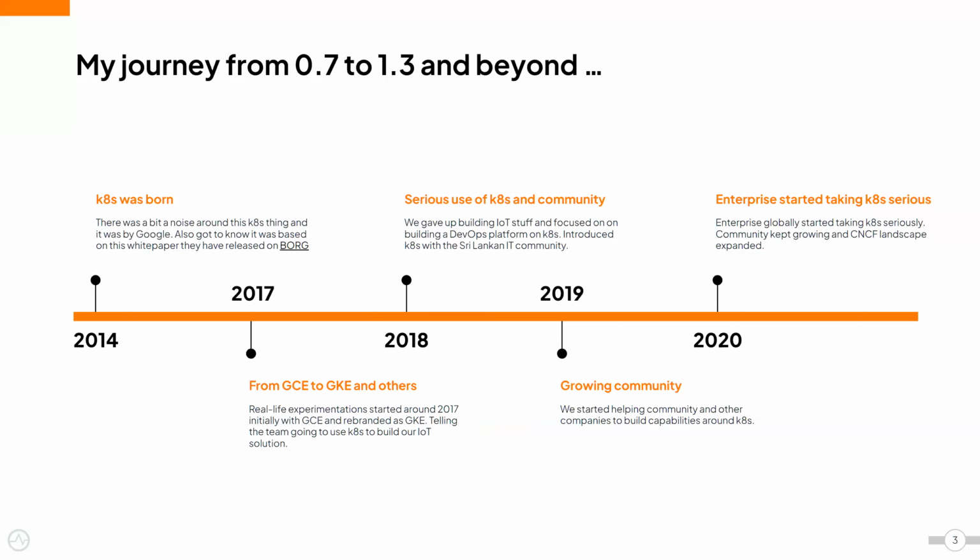2014 was when I really got to know what Kubernetes is, at version 0.7. I didn't know when it was really born; that was back in June. This was around December, just about when they were planning to launch the website. I also realized it was based on a paper Google produced called Borg. It's a really good paper if you are into distributed computing. There's a second paper as well called Omega, but that is where the whole concept of Kubernetes was born from.